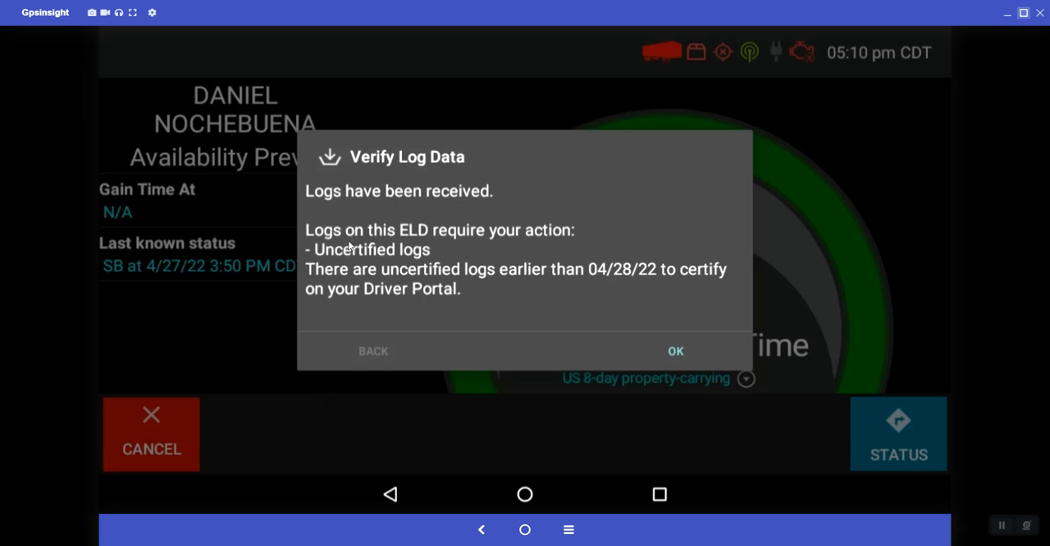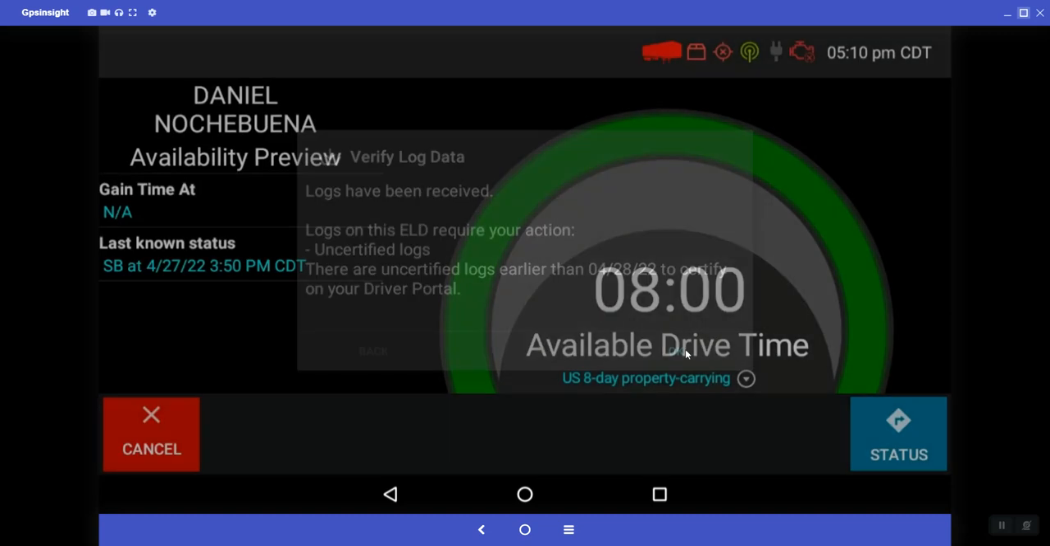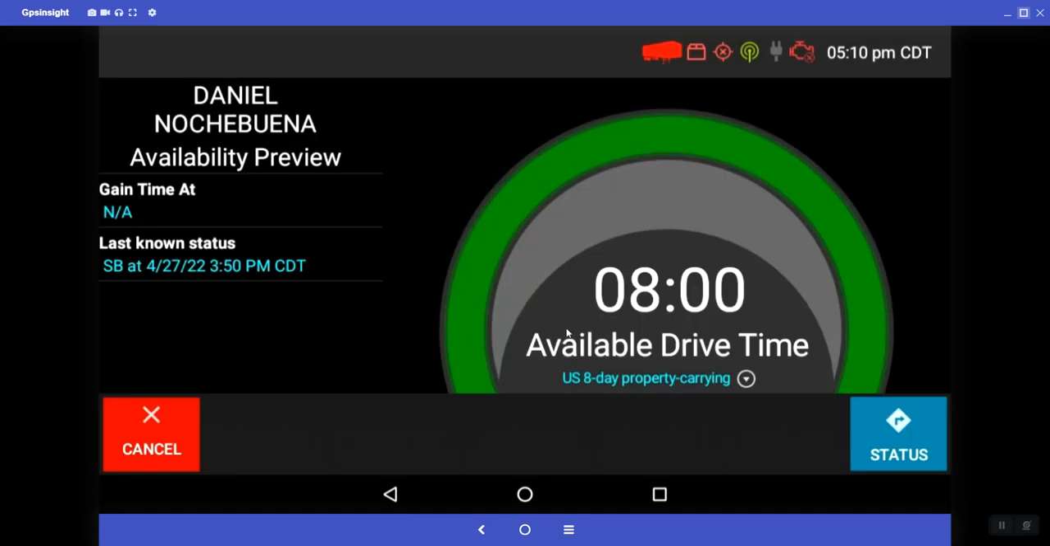There are some actions required, such as we have uncertified logs, that are early on from the 28th in this case. So we go ahead and click OK. And then the very first thing we need to do is to select a status. Usually whenever our driver is logging in is because he's going to start working. So we click on status,